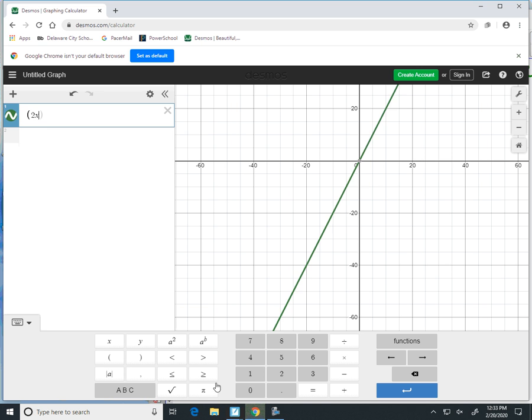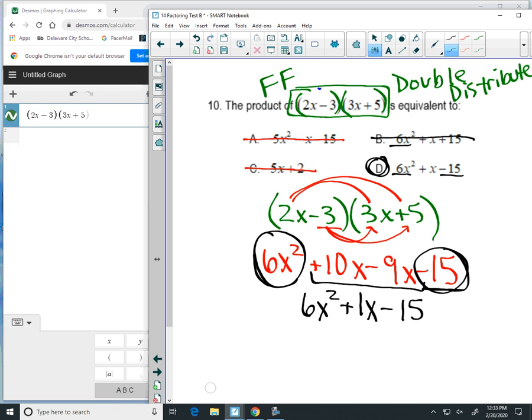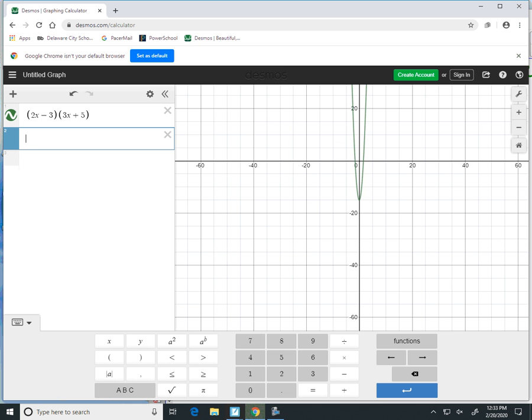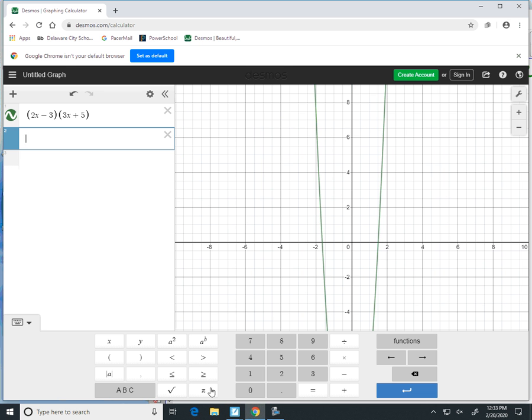2x minus 3 times 6 plus 5. Right, does that match? Okay, thank you. All right, and then the other one that we're going to put in, so here is our